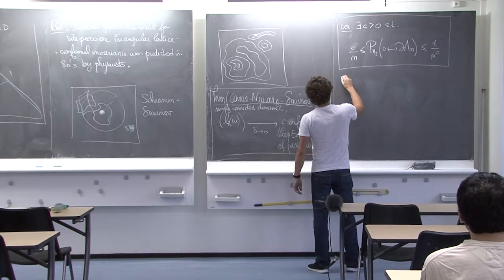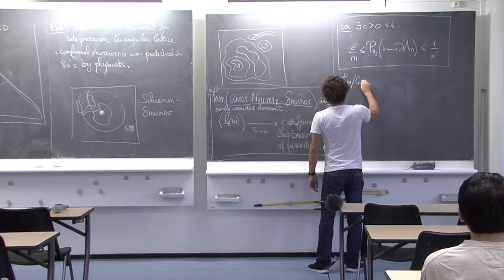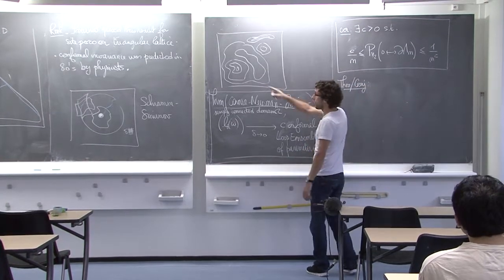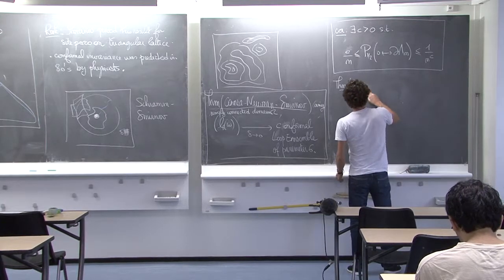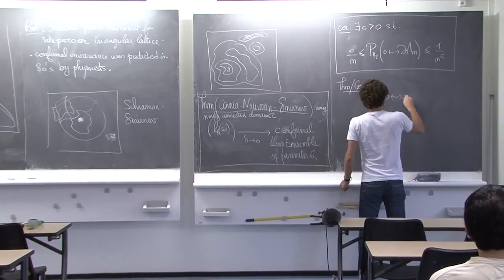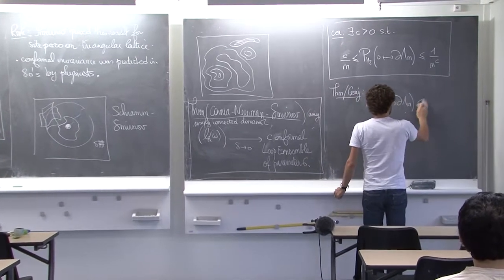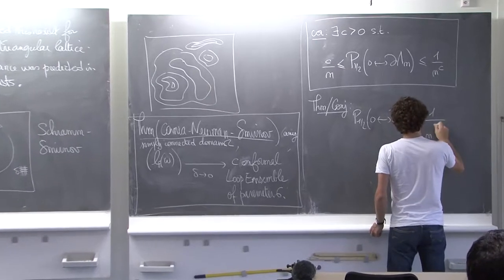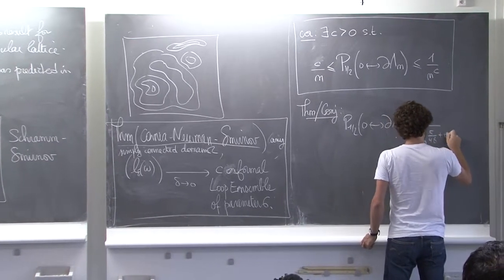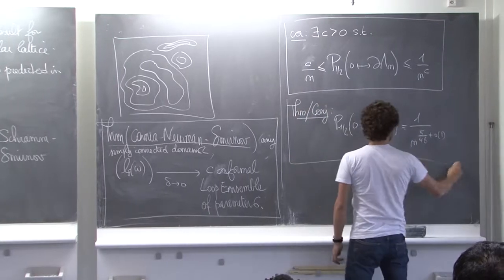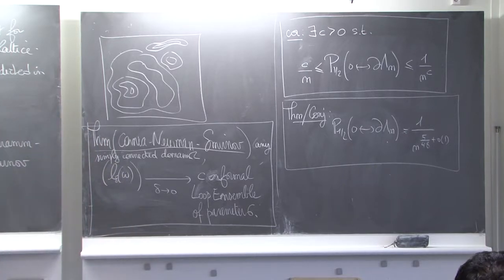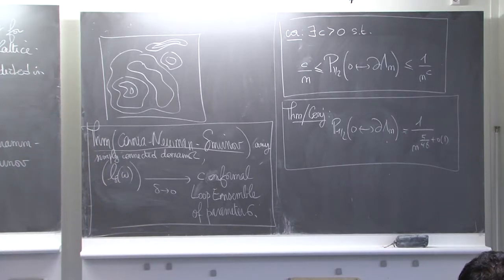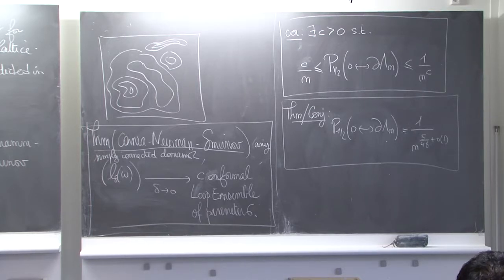But in fact, the truth, which once again is a conjecture on Z2 but a theorem for site percolation on the triangular lattice, is that the probability at 1/2 of 0 being connected to the boundary of the box of size n is 1 over n to the 5 over 48 plus little o of 1. As everybody would have guessed at the beginning of the class. 5 over 48. Classic, right? You should think of a fraction.